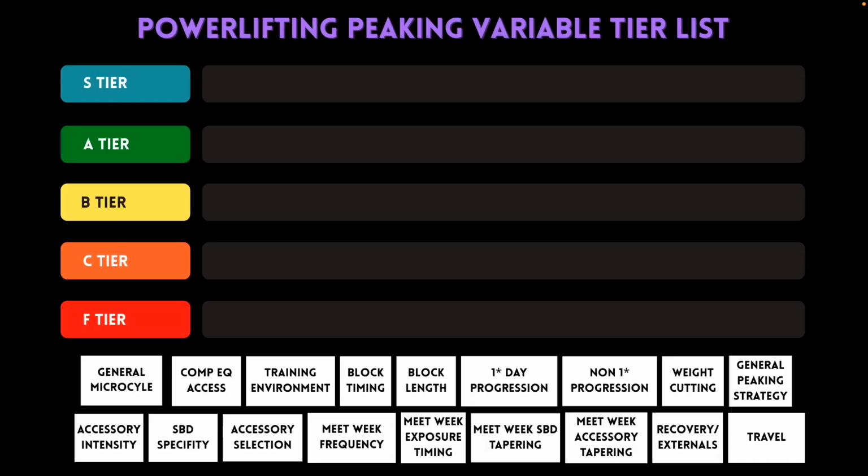Yeah, that's absolutely true. You need programming to be at least some level of predictability, but I think what ultimately you're trying to argue is that you can have programming not perfectly dialed in for that athlete, but still peak really, really well into a meet. Exactly. But it's contingent upon that you have at least something that works somewhat well. Right. So I think, like you said, if there's no baseline, there's nothing to peak from. And so I think that puts it into that A tier, but the fact that you can have things not perfect, but still peak really, really well, I think just slightly takes it out of that S tier. So I'm going to go ahead and put it right here at the top of the A tier.